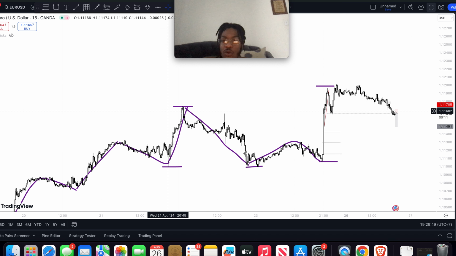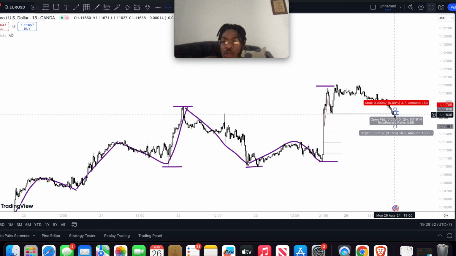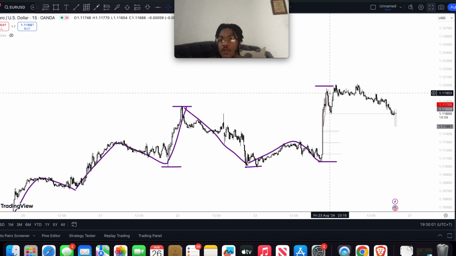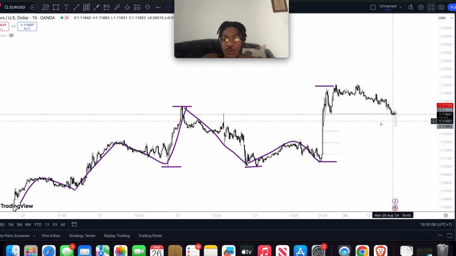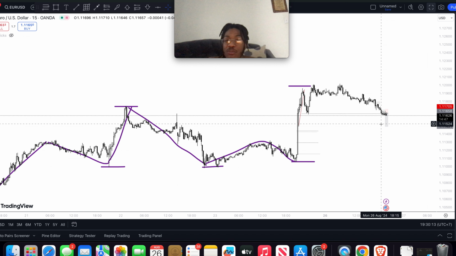If you notice, price is currently still at the top of the range, near our current high, which is over here, that purple line. I'm waiting for price to drop, and that is a major reason why I'm selling right now. And I'm not selling for the long term. I'm selling on the way down to my entry,